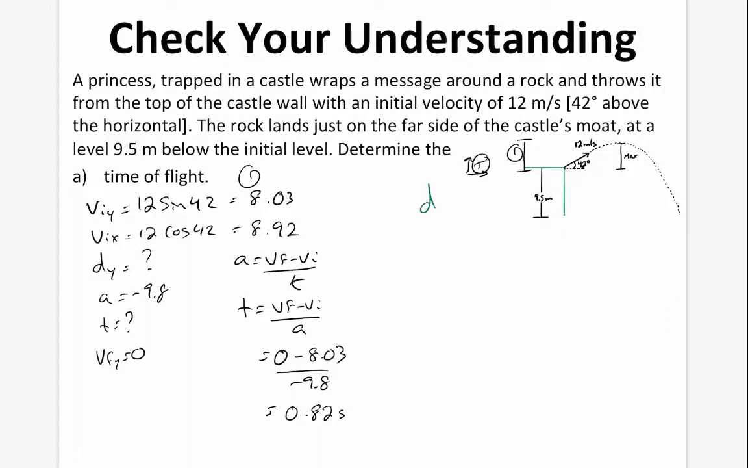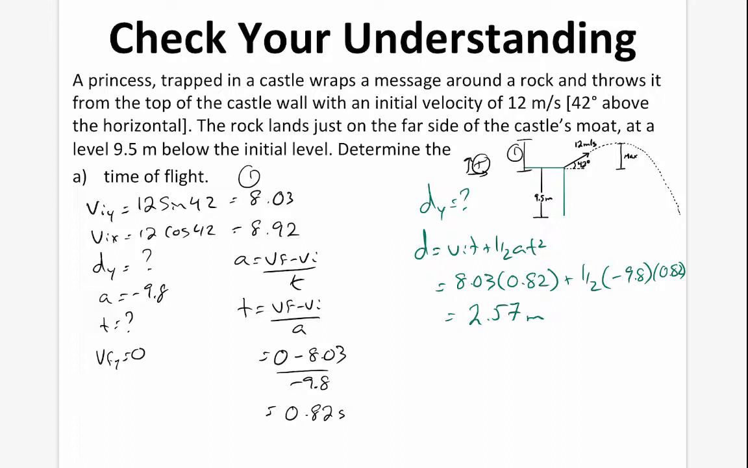So let's just say that that's dy. That's our question. And we're going to use our same variables from before. So let's say that d is going to equal v_i t plus 1/2 a t squared. v_i we know is 8.03. We know the time to get up is 0.82, plus 1/2 times negative 9.8 times 0.82 squared. And that gives us a d value of